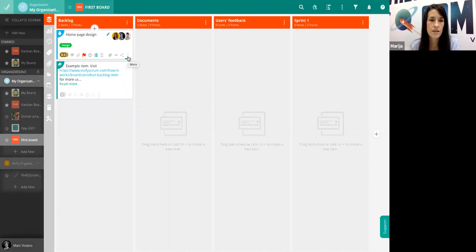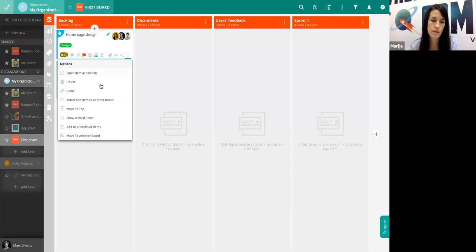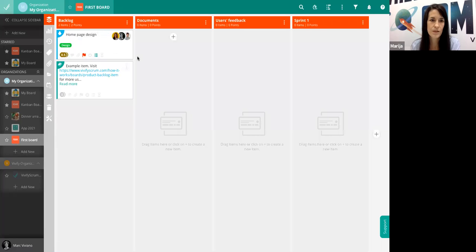Each item has its own drop-down menu with many options, and I won't go through it because it might be a lot for this first walk through the app. So because I guess you don't want to wait and watch for me adding like 20 items, I will go to a board which already has